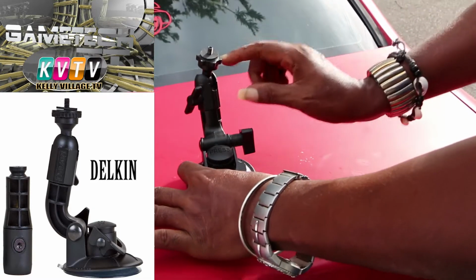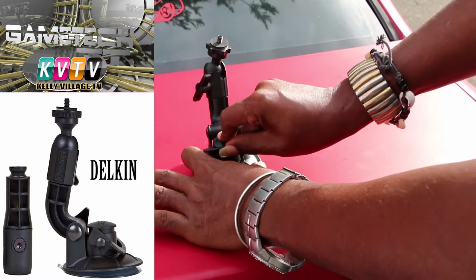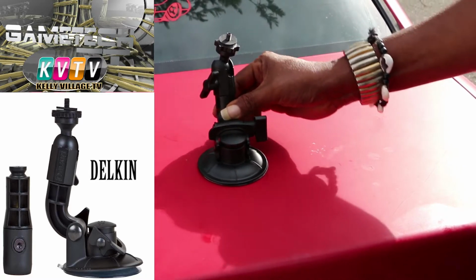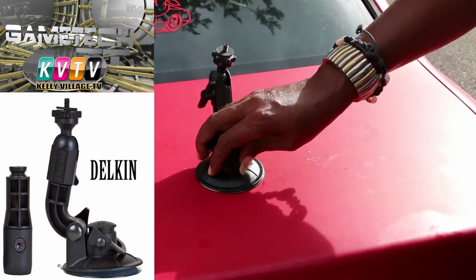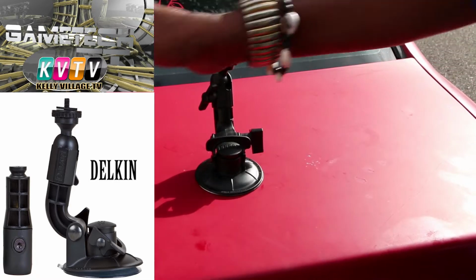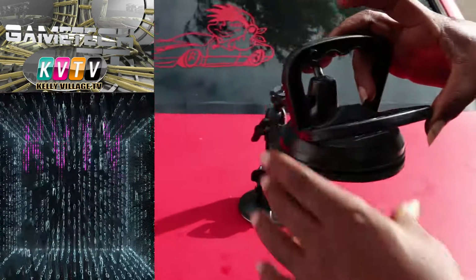Basically, you put it down, press down, and lock. And it's a very solid mount. You see, I'm shaking this and it's going nowhere. And this is a dry test. Now, on the Rhino,